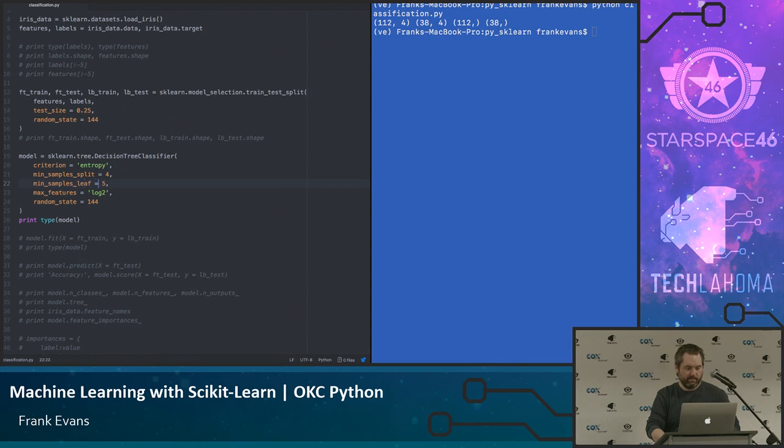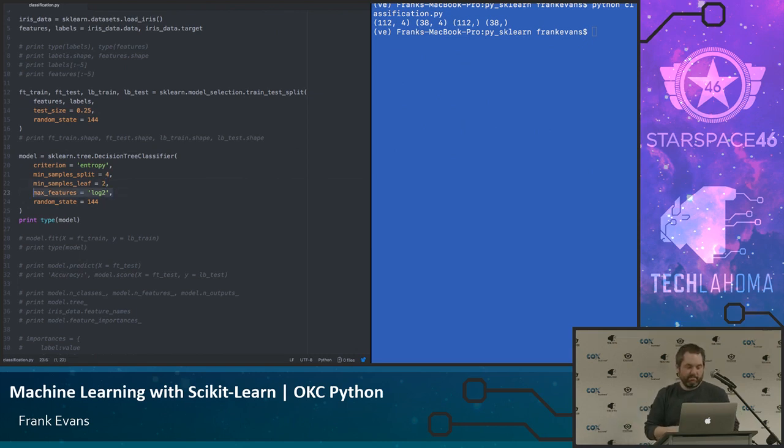Actually, I should change that. But yeah, the minimum number of samples to split. So for every mark on my decision tree, I need to make sure I have at least 5 samples that match those criteria before I can try to get better at learning. Otherwise, I could just learn all the way down. We'll play with that.